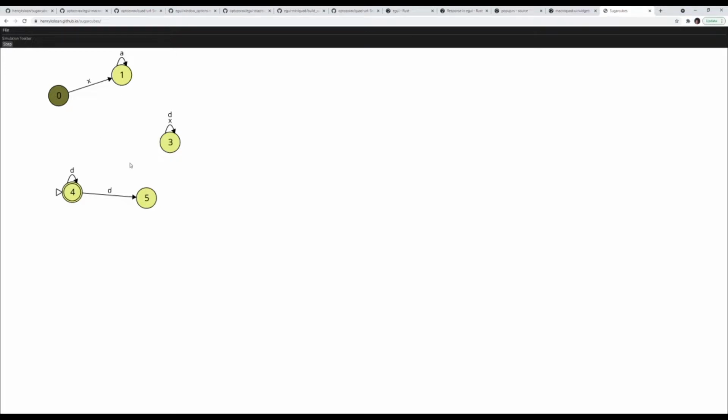This context menu lets you delete things, and you can also right-click on transitions to delete them. In JFlap, the only way to delete things was with the delete tool, and then you would have to click on one of the arrows or the icons. So this is pretty minimal at the moment. I only have a hard-coded stepping through a finite automata implemented so far with just a hard-coded string.